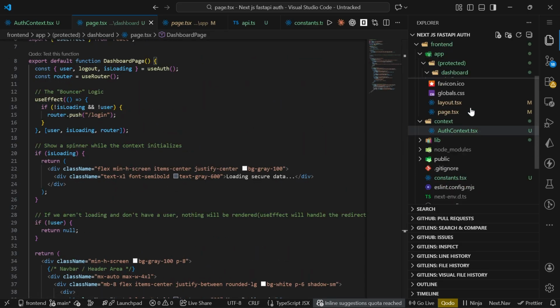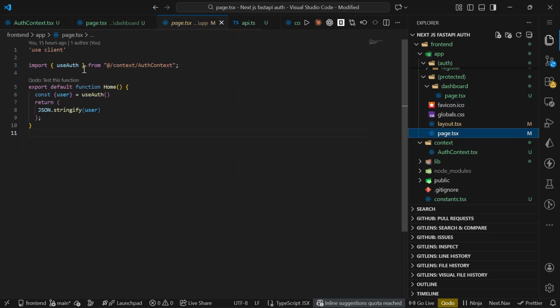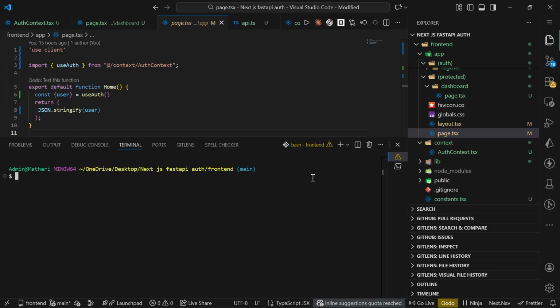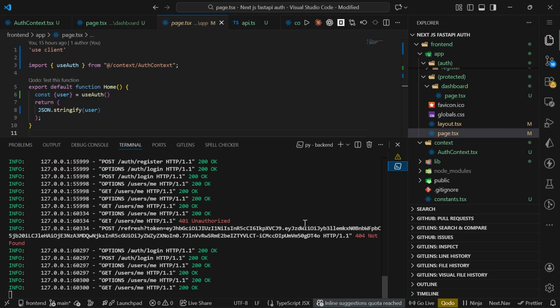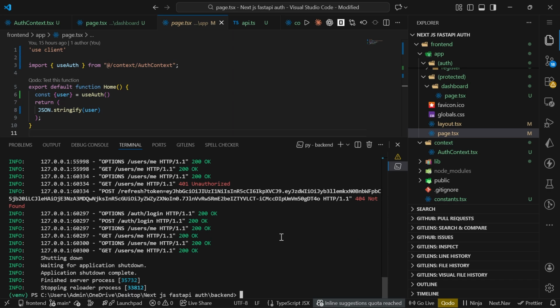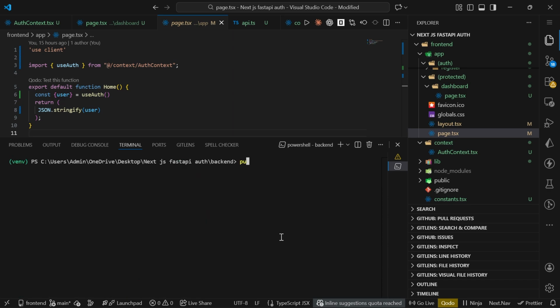And still in my home page, I wanted to note that I have my useAuth there. I'm still using my useAuth context in my home page, and I'm still getting the details for the user. So if we are logged in, we should immediately see the user details even when we hit our home page. For that reason, let me run npm run dev. I'm restarting my server in Next.js again, and for my backend, I also want to restart the server. So I'm going to shut this down, and then I'm going to have my server running again,